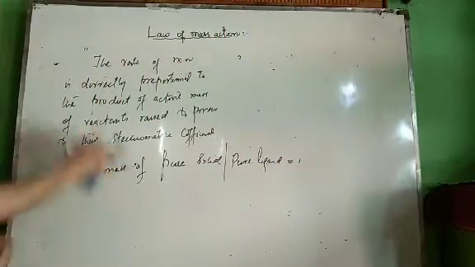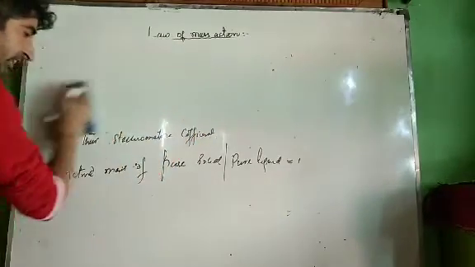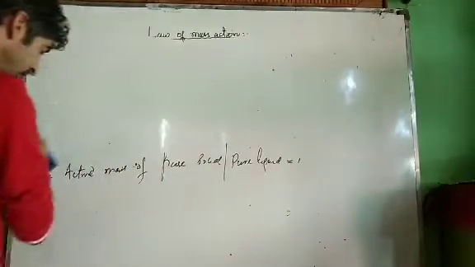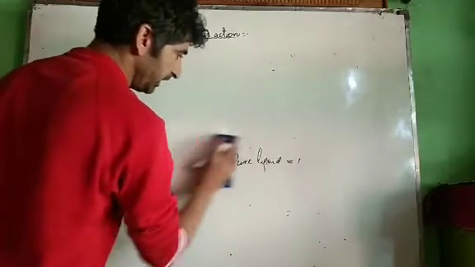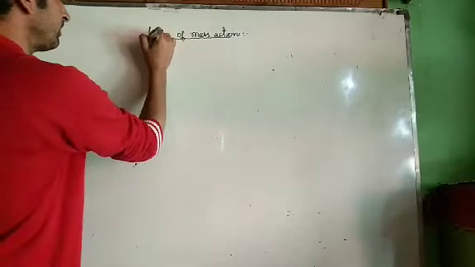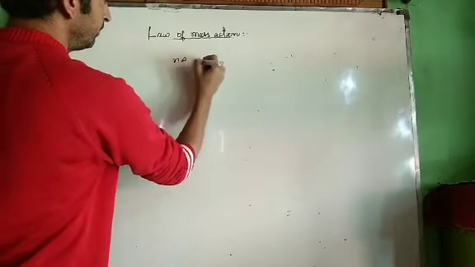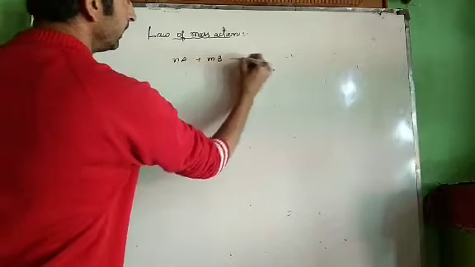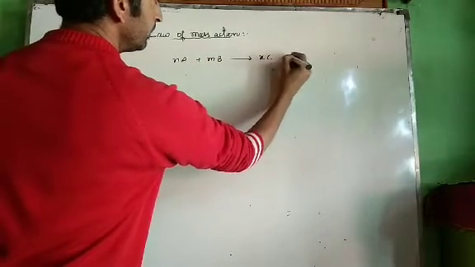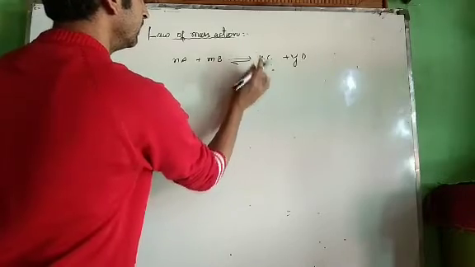Now whenever there comes a reversible reaction, जब भी कहीं reversible reaction आएगी, आपके दिमाग में एकदम से concept आना चाहिए equilibrium का. What about reversible reaction? Now if I have a reversible reaction, for example n times A plus m times B gives x times C plus y times D. This is a reversible reaction.